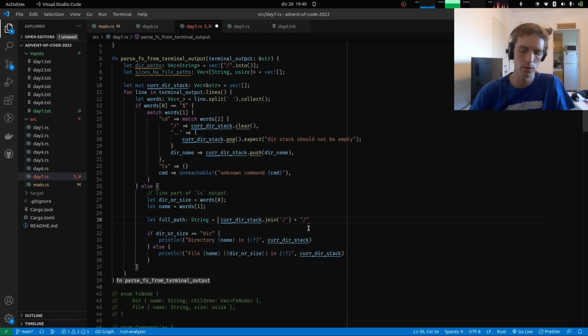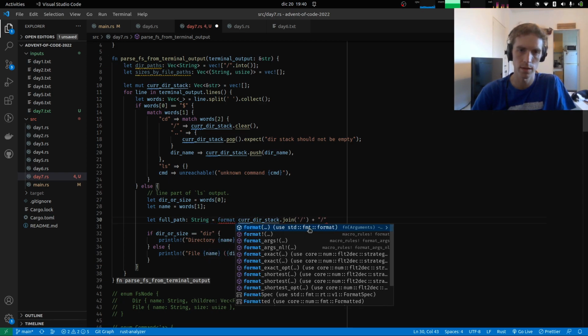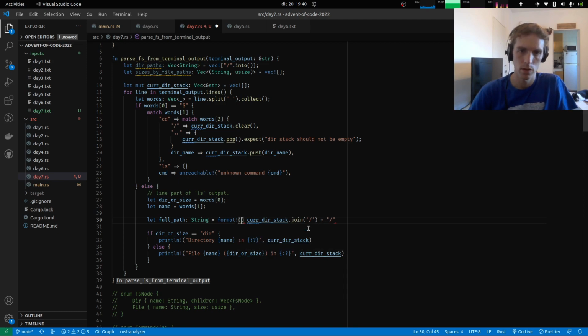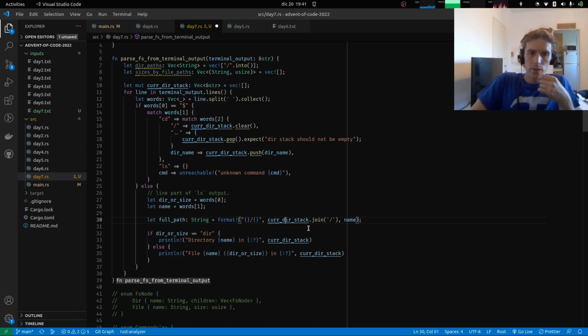And I guess we could use a format for this. So we're going to have the current directory stack joined, then slash, and then the name, right? If it is the root directory, this will give us a name like,